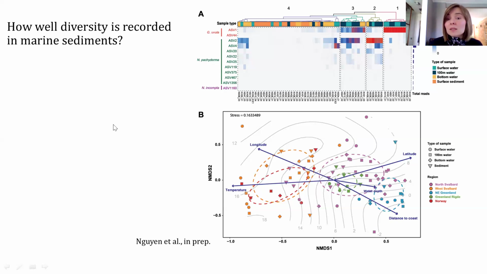And also we see the taxonomic composition of forams from water samples from different areas. So we can see that it not only differs from the surface to the bottom, but also geographically. Different colors here mark different locations, and the composition was pretty different. So this is another point that we need to consider when analyzing and interpreting records.